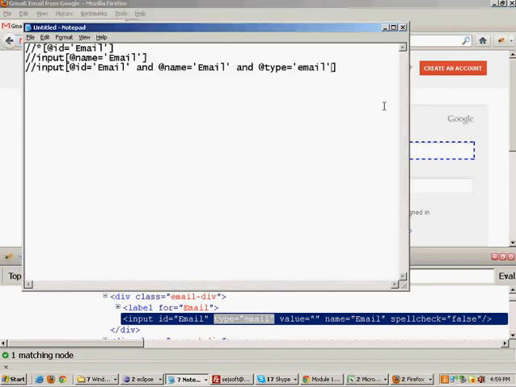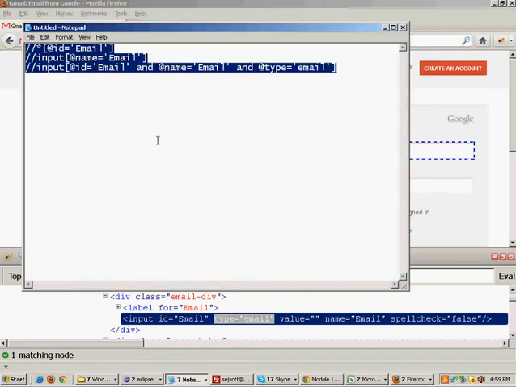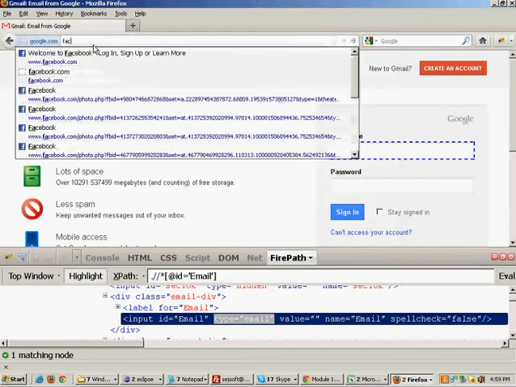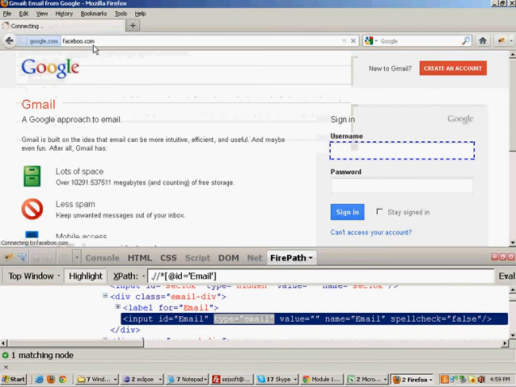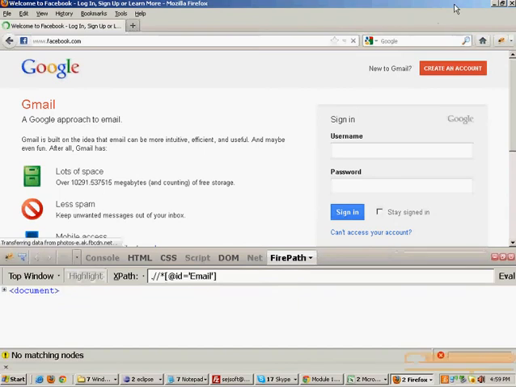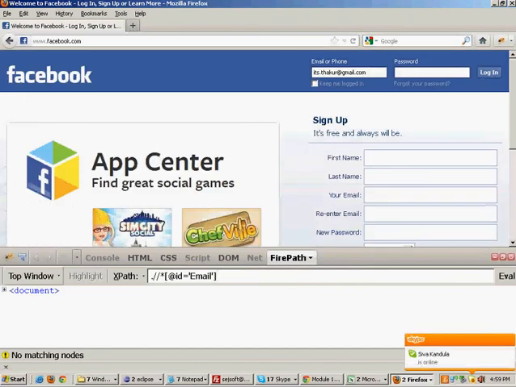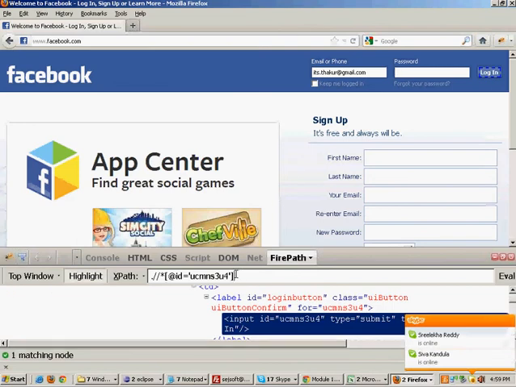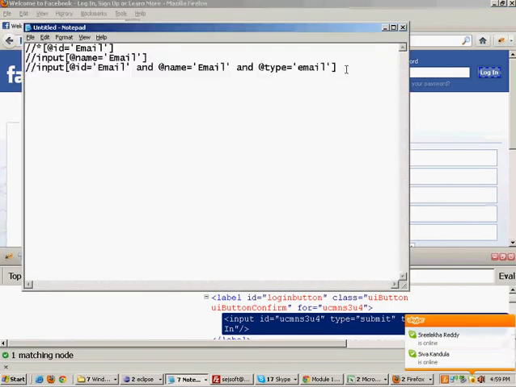Fine. Now, at times you might require to make your own XPath. For example, if I go to the website facebook.com, in the facebook.com website, this is the login button. If I look at the XPath of the login button, then this is the XPath.